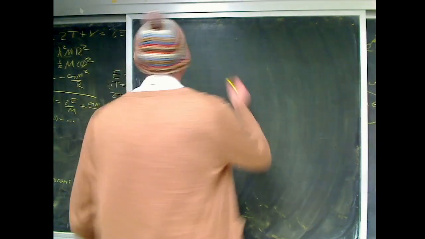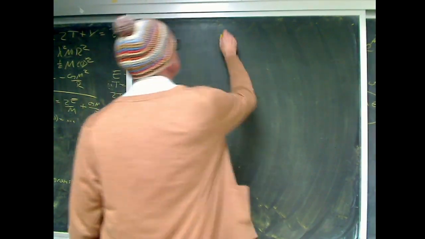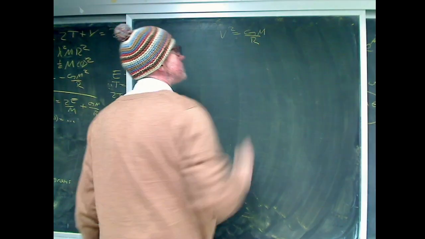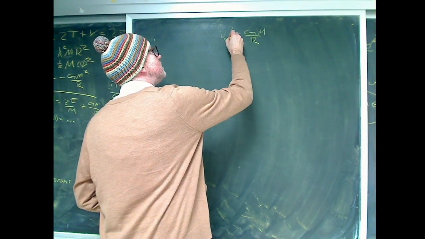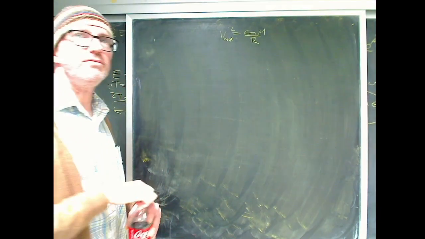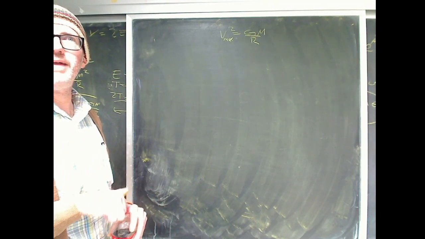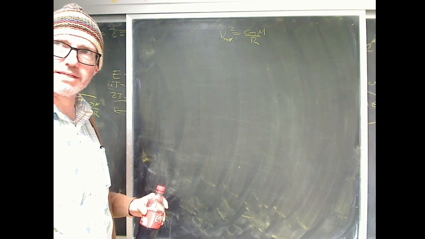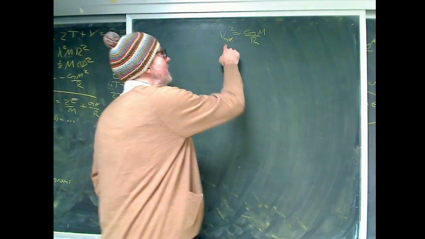So, v squared equals GM over r. Here's our central equation. We're going to now write this as V max, the maximum velocity. Why can I do that? Well, what does it imply when I do that? When I declare something about the velocity, it also says something about what mass I have to be using. So if I'm talking about the maximum velocity,